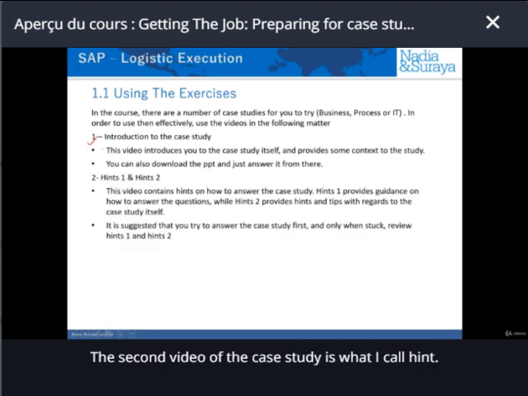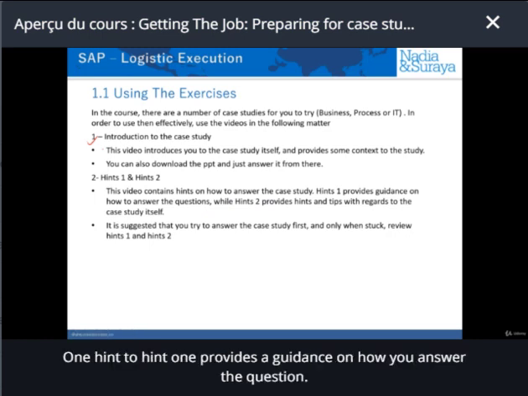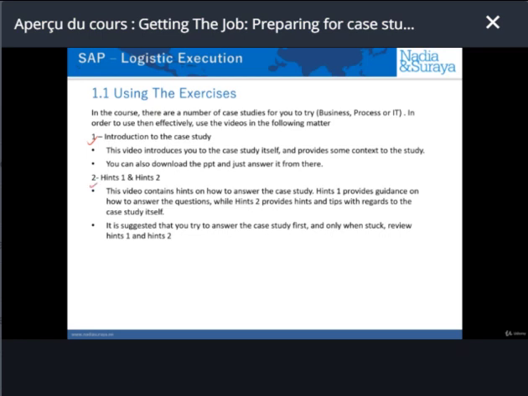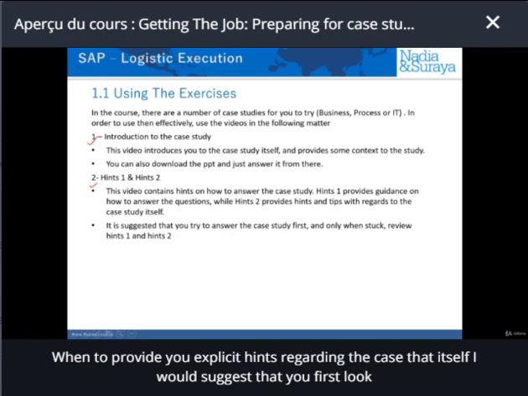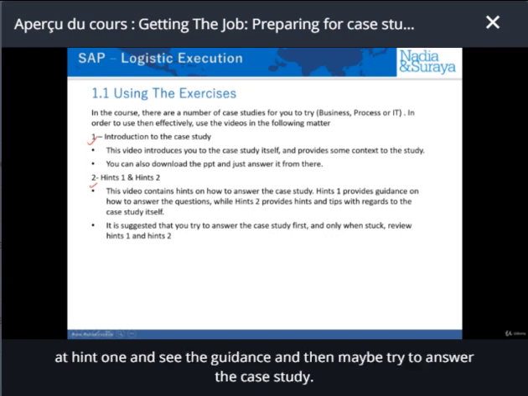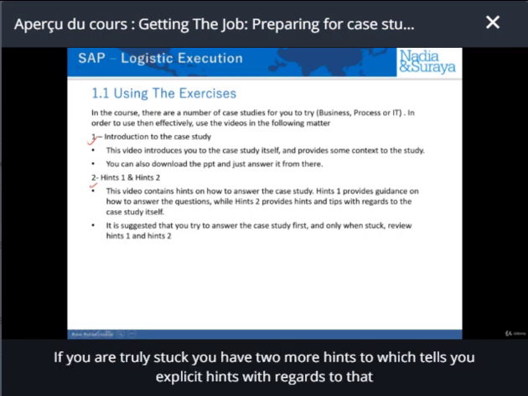The second video of the case study is what I call Hint 1 and Hint 2. Hint 1 provides a guidance on how you answer the question. Hint 2 provides you explicit hints regarding the case study itself. I would suggest that you first look at Hint 1 and see the guidance, and then maybe try to answer the case study. If you're truly stuck, you have Part 2 or Hints 2, which